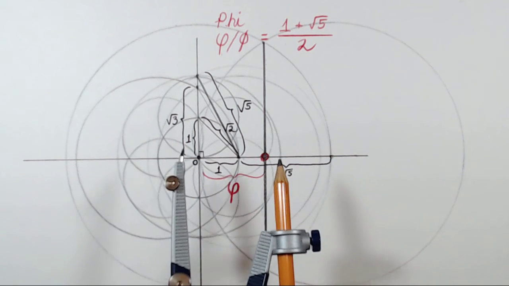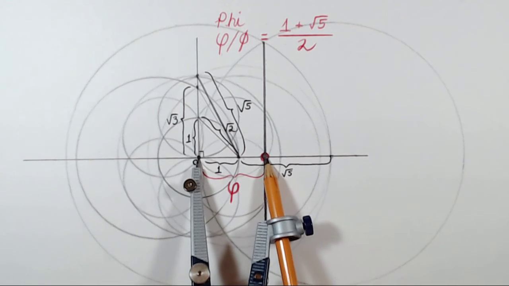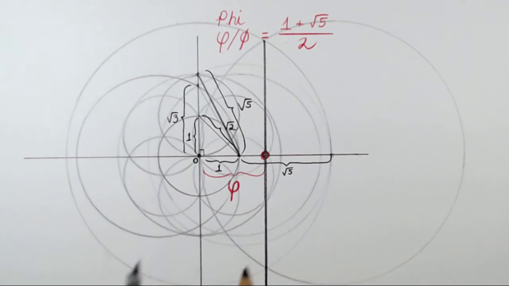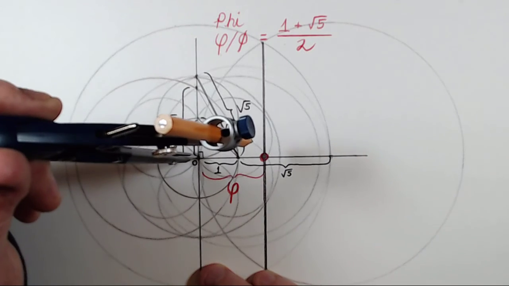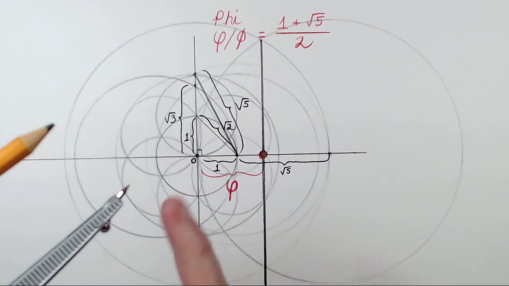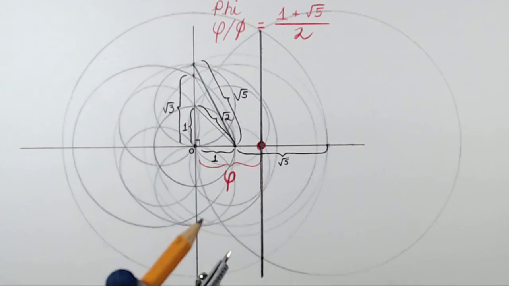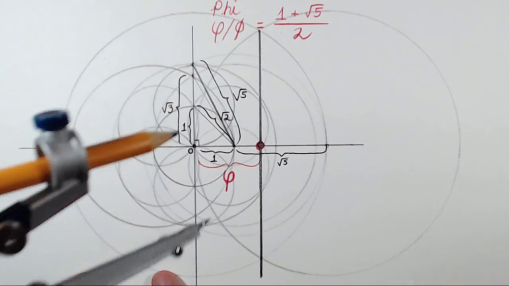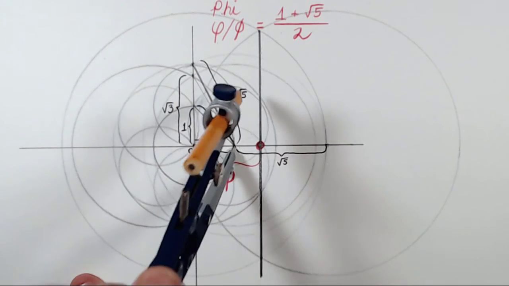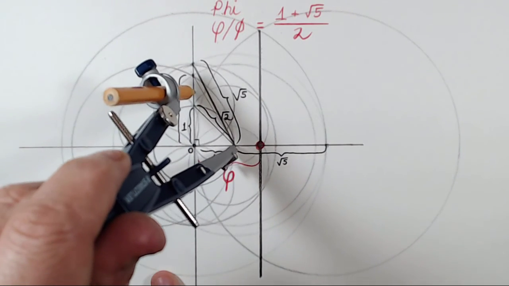Let's set our compass equal to phi, now that we know what phi is. Okay, that looks about right. I might have to make a slight adjustment when I put it down. And what I want to do, I need to figure out where to place the pointing end of my compass. I want the base of my triangle to be 1, and I want the hypotenuse to be phi. So if I place my point on the horizontal axis at distance 1, and I rotate it around,